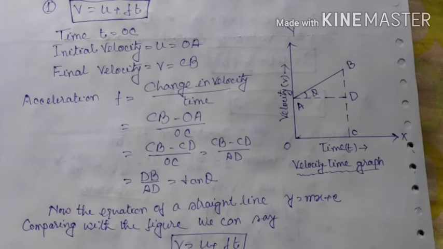Now the equation of a straight line, y is equal to mx plus c. We have considered the equation of a straight line because in this figure AB is a straight line. So comparing with the figure we can say